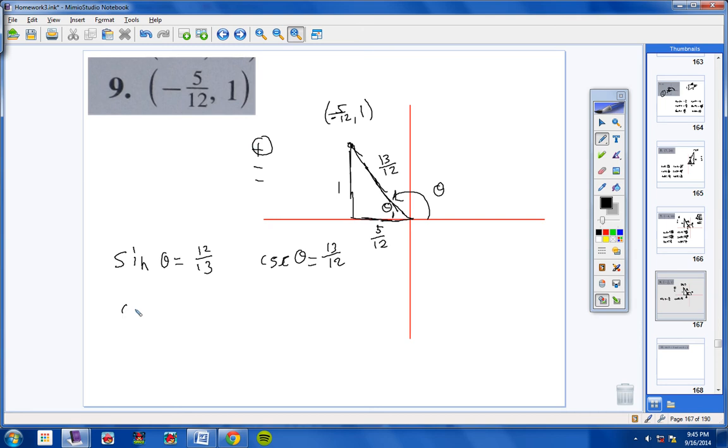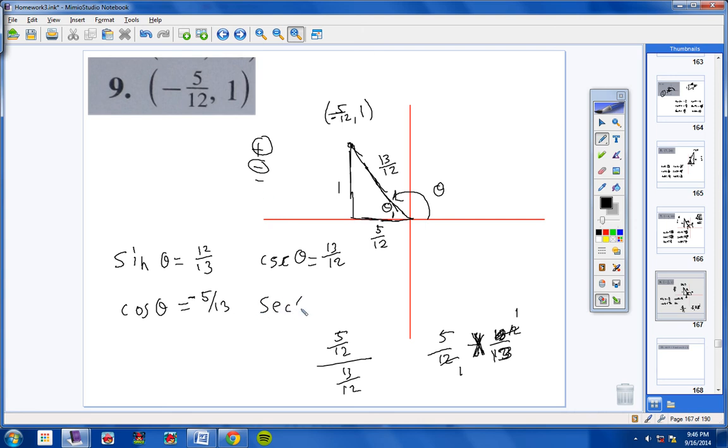Now cosine of theta would be adjacent over hypotenuse, so you would have 5/12 over 13/12. Okay, students, got it? So really that's 5/12 divided by 13/12, or 5/12 times 12/13. All right, and your 12s would cancel, and you're left with 5/13. So the cosine of theta will be 5/13, negative, of course, because of this negative sign right here, and the